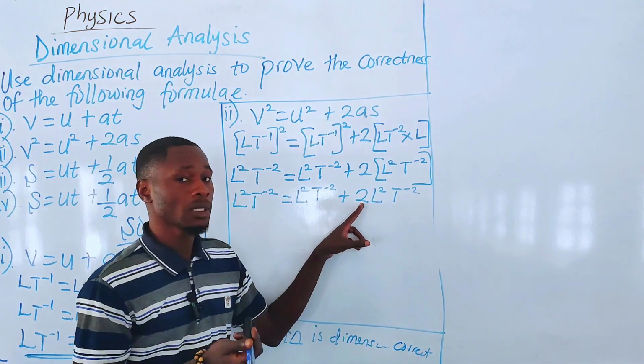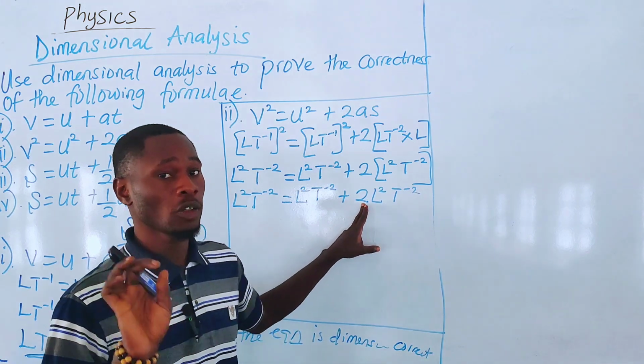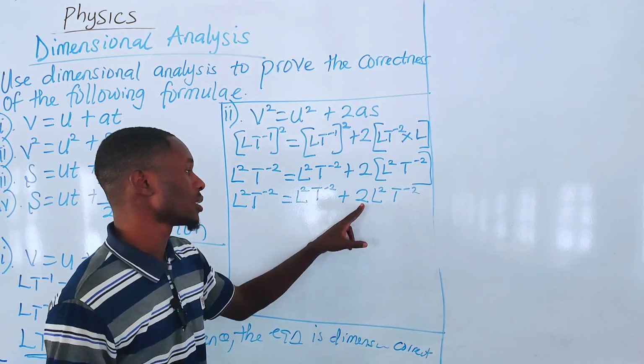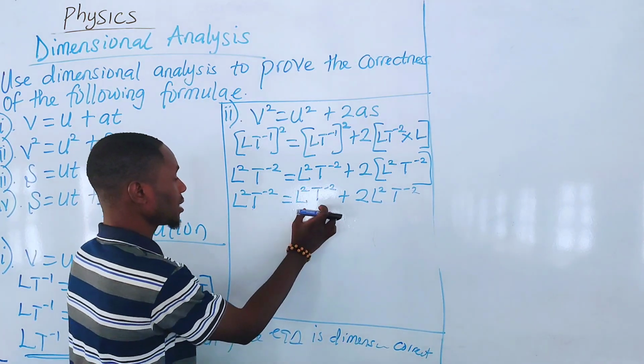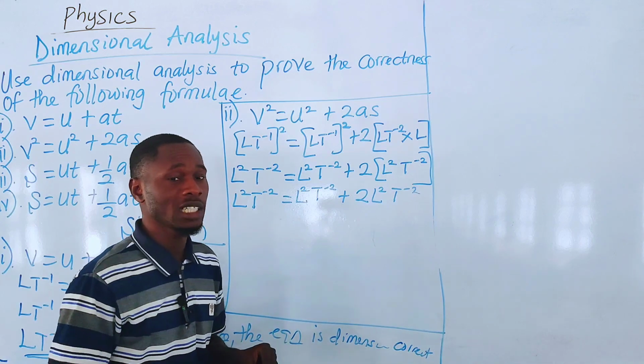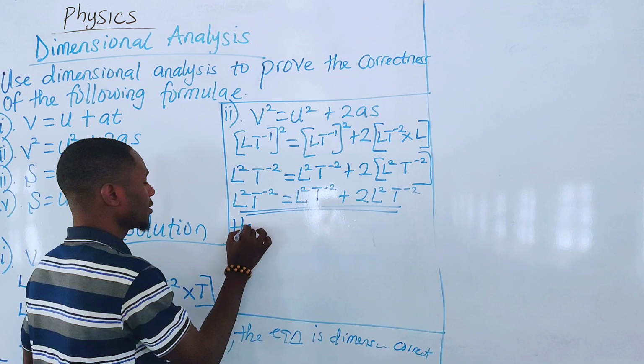Remember, I told you that the 2, or the constant there, doesn't have any effect. Your main concern is on the quantities, not on the constant. So since this is the same thing with this, and it's also the same thing with this, the equation is dimensionally correct. So we write that hence